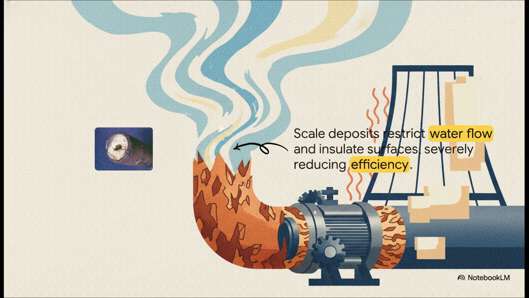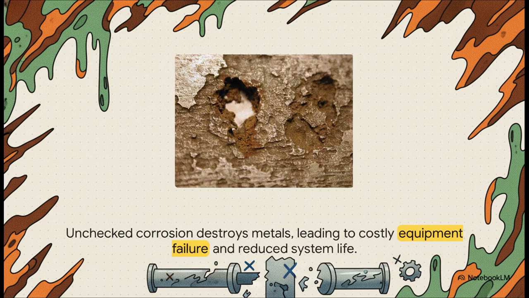absolutely destroys your efficiency. Next up is corrosion. This is the silent killer. It literally eats away at the metal in your system. This leads to leaks, equipment failures that can be catastrophic, and a much, much shorter lifespan for some very expensive